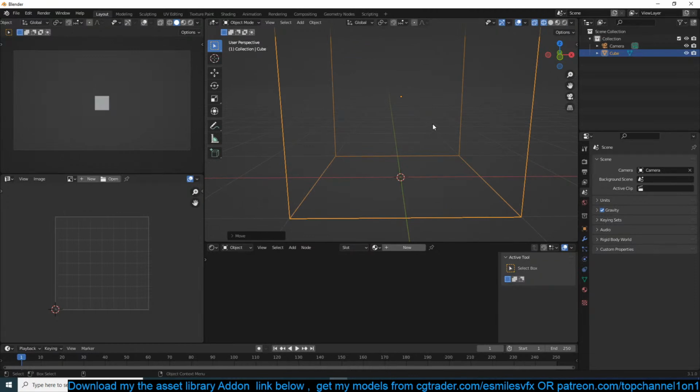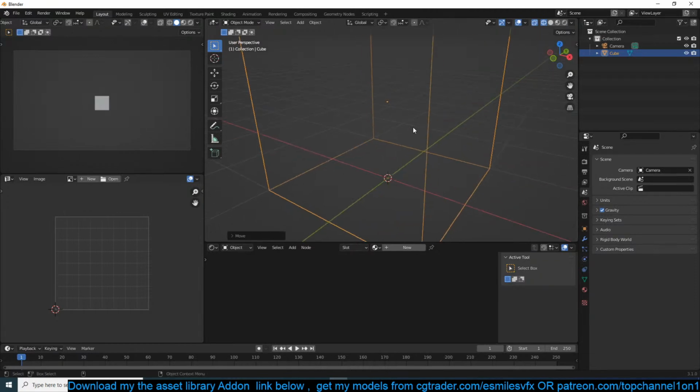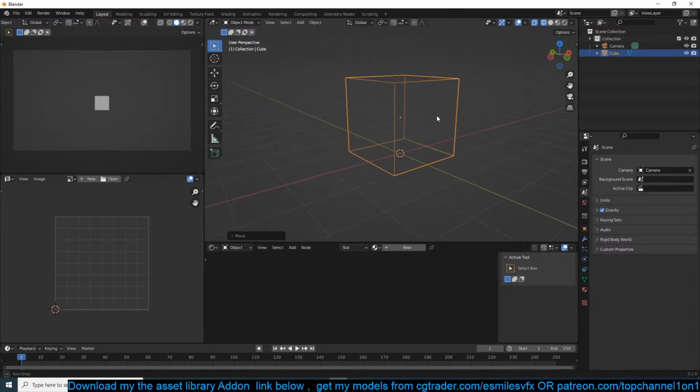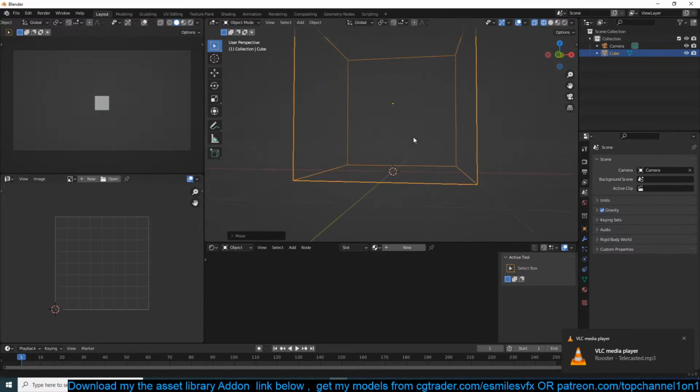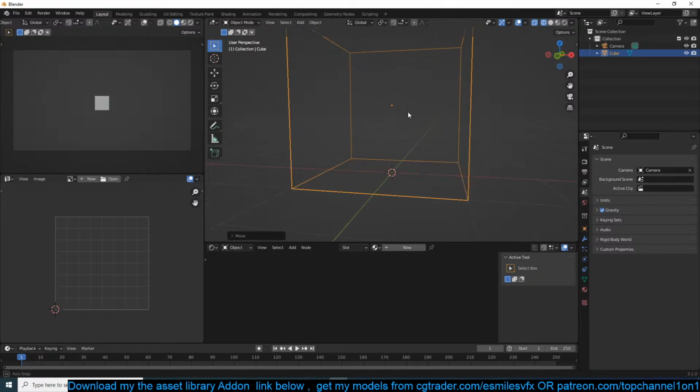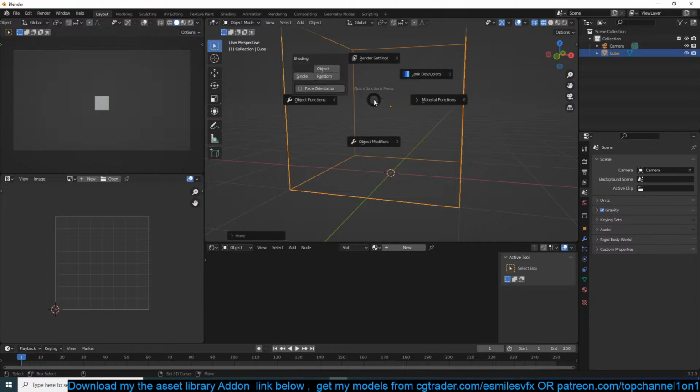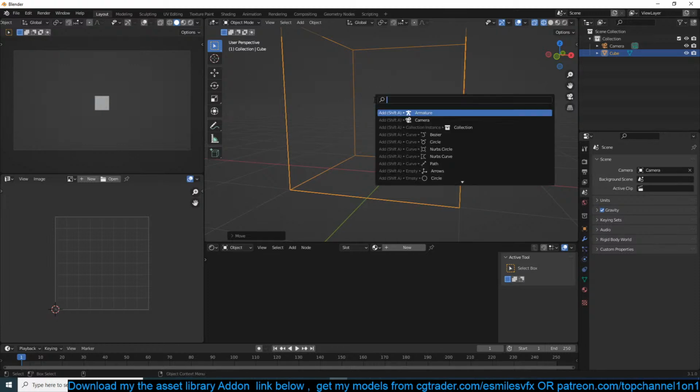Hello, Kuma33, how are you? Glad to see you again. Simulating sand is really not easy to do. I'm trying to think of different ways. You have to fake a little bit. So you can do a quick fluid.